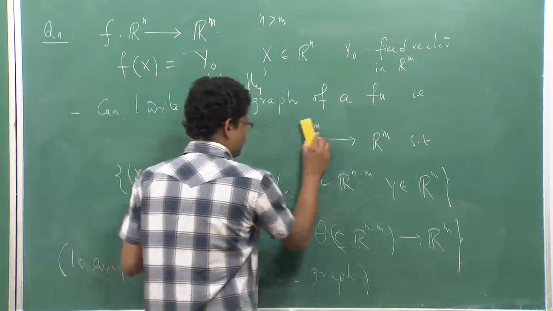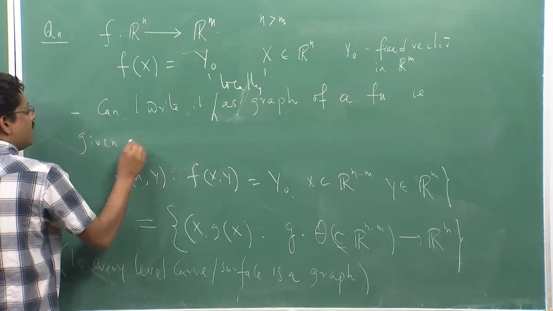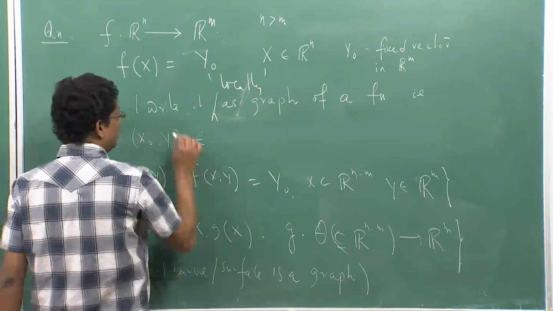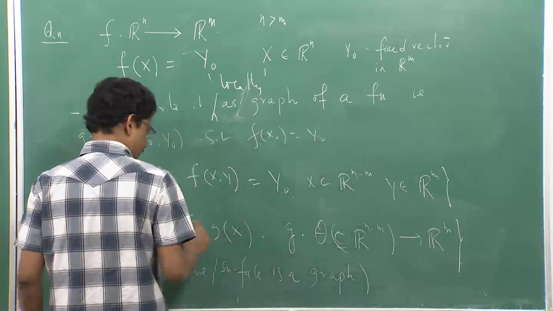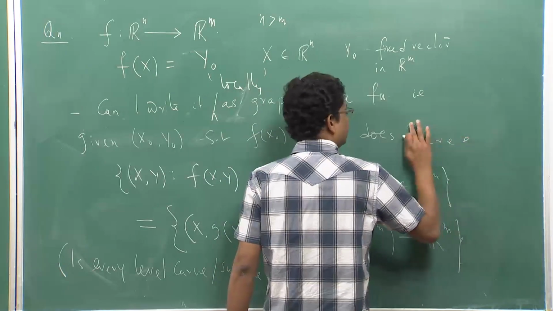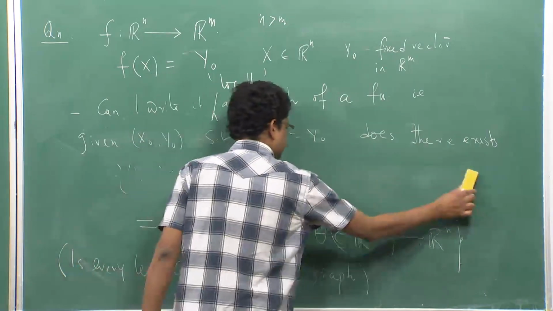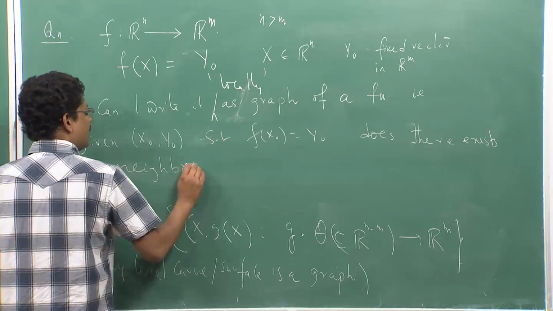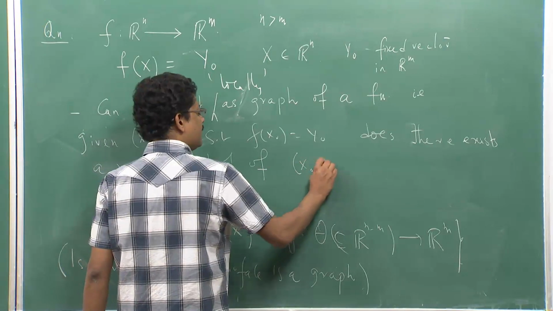So, that is, given x naught, y naught in the curve such that f of x naught equals y naught, does there exist a neighborhood of x naught, y naught